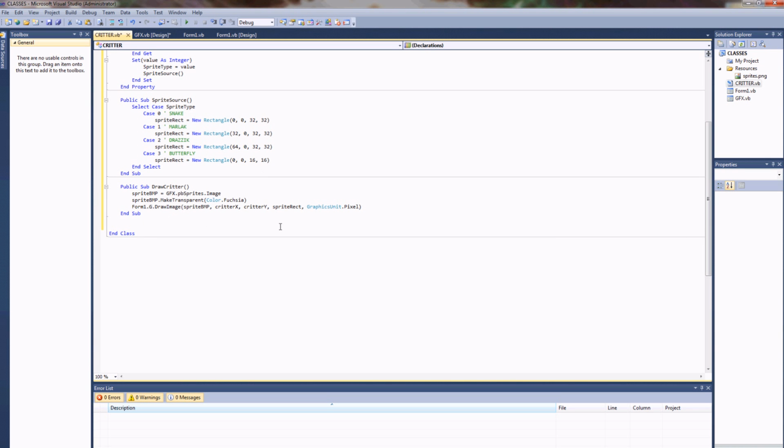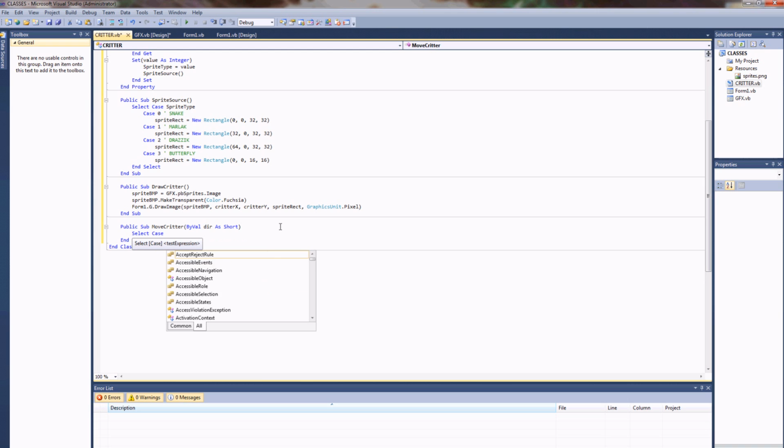And then next up, we have to create another sub to move our critter. So I'm going to say public sub move critter, and you're probably going to want to supply a direction, even though in this tutorial I'm only going to be moving him in one direction continuously. This will allow you to select the direction that you want to move. I'm just going to set that as a short, since we really only have 4 likely values. Not to say that you have to confine yours to that, but I'm going to say, whoops, need a select case here again,